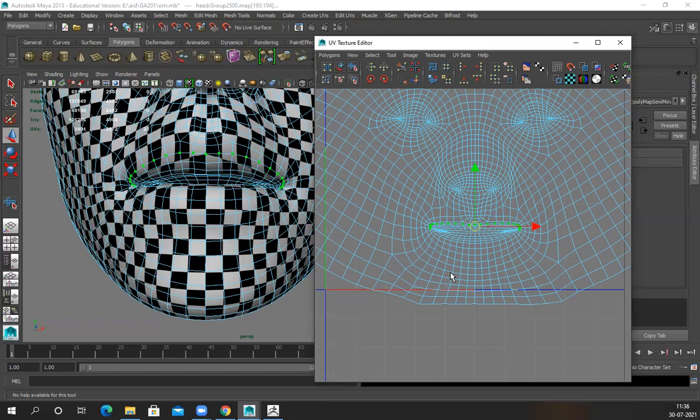But the thing is, sir, my accessories, I made them in Max. I have the low poly in Max. So wouldn't that be easier for me to unwrap those? Can I unwrap those parts? Yes, you can use both software. You can use Max, unwrap it there, import it to Maya, unwrap the body in Maya, import it into Max.